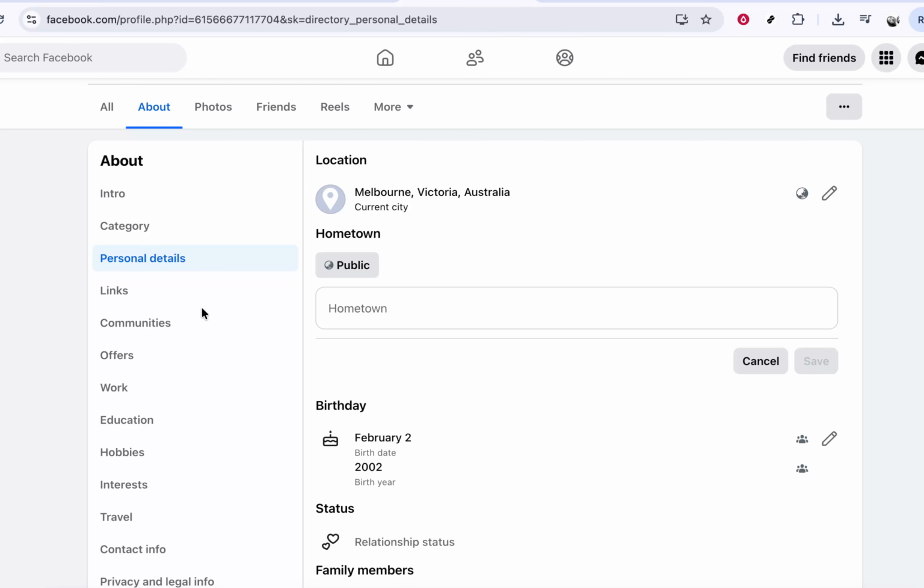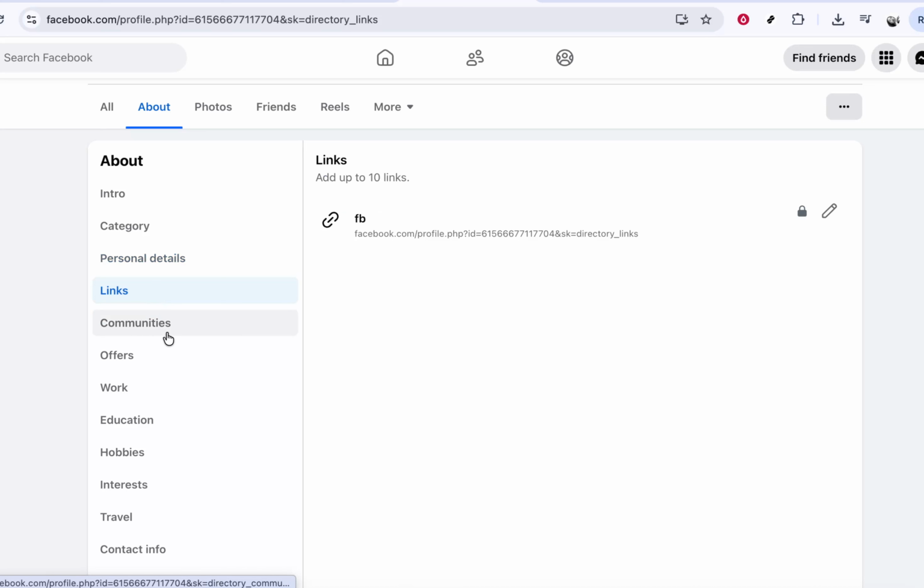Make sure the description appears the way you expect and that it represents you or your brand accurately. You can always return to the About section later to update or